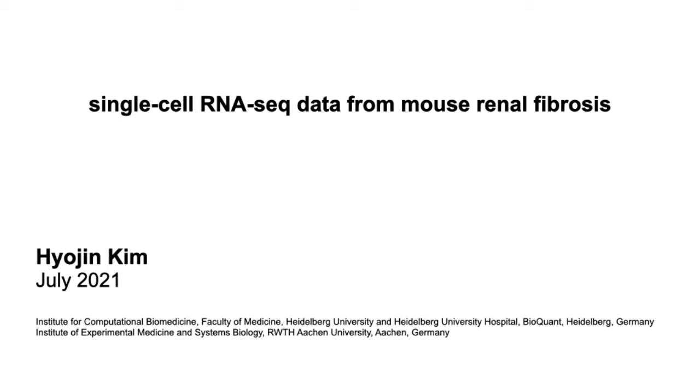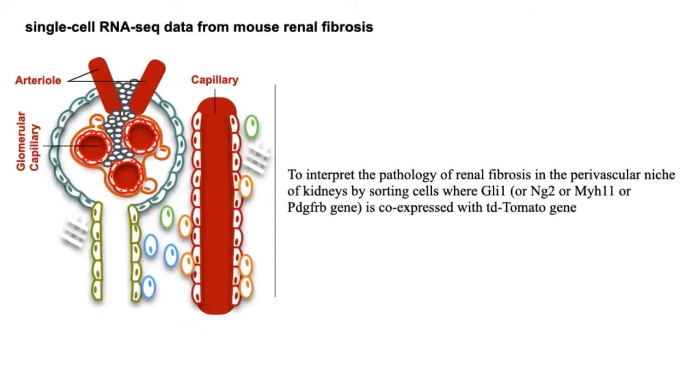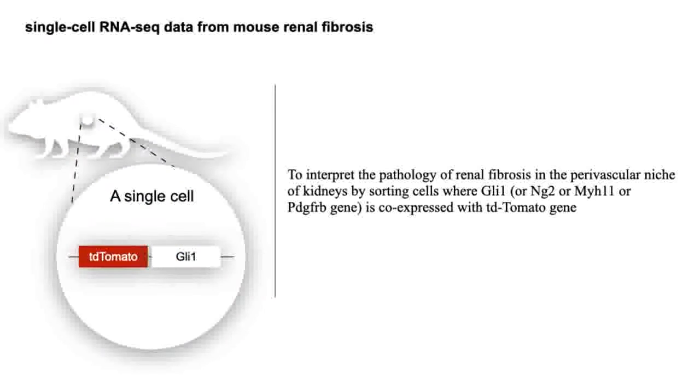In this video, I'm going to explain the single-cell RNA-Seq data analysis from mouse renal fibrosis. The goal of this project is to interpret the pathology of renal fibrosis in the perivascular niche, the area surrounded by the blood vessels. So we focus on the cells where GLI1 or NG2 or MYH11 or PDGFRB is